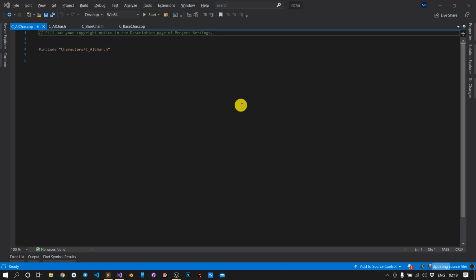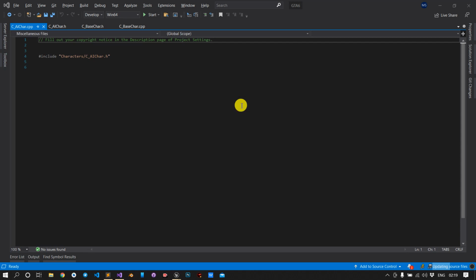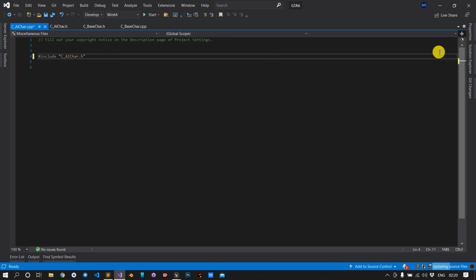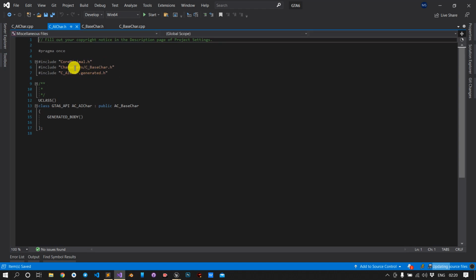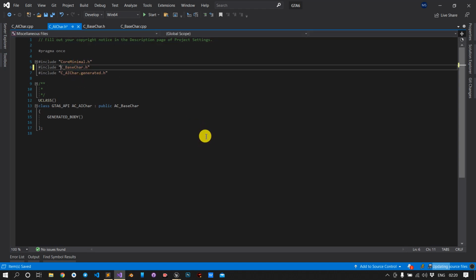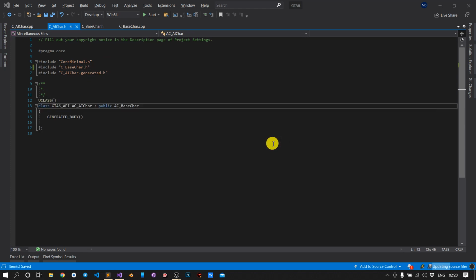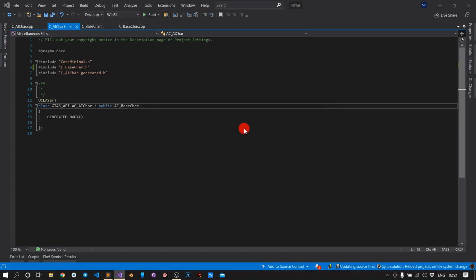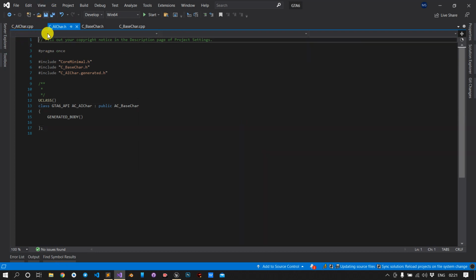Okay. Just creating. Just remove this folder name. We don't need that because the header file and the CPP file are in the same folder. Okay, so we have it. Just delete it from here too. Okay, let it complete first. Okay, it is showing me this. Just click reload all and we are done. Okay, we have created the AI character.